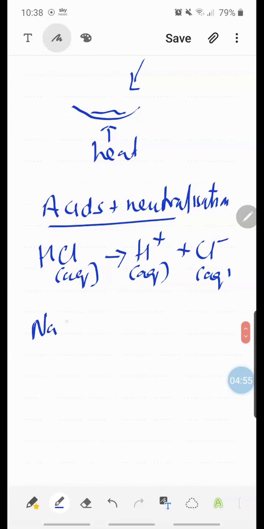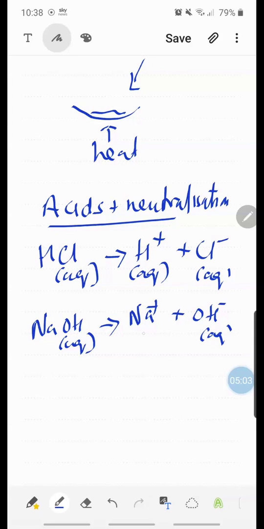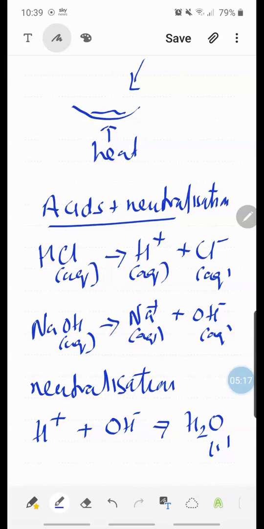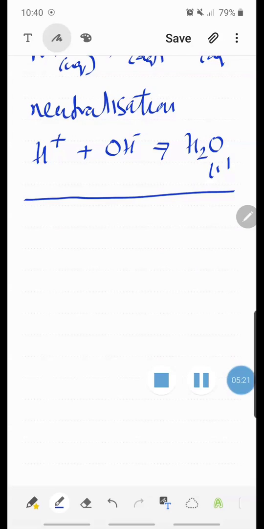Sodium hydroxide is a soluble base, it's an alkali. It forms sodium ions and hydroxide ions. So the equation for neutralization, and please learn this, is H+ + OH- forms water. I am going to pause here. Now, using